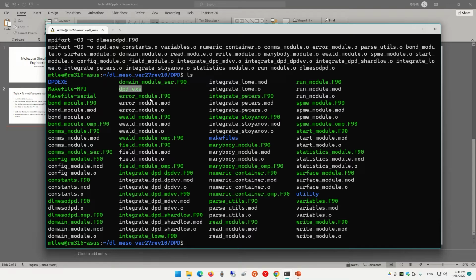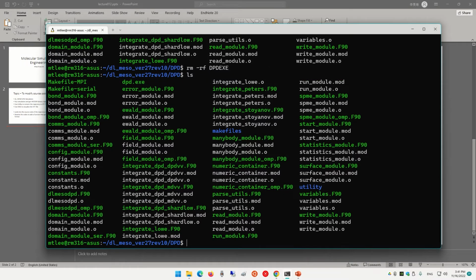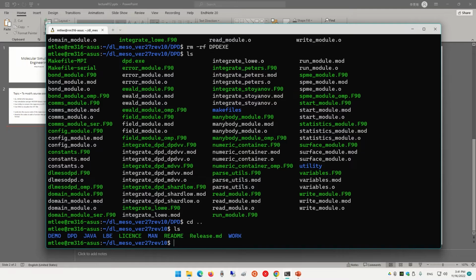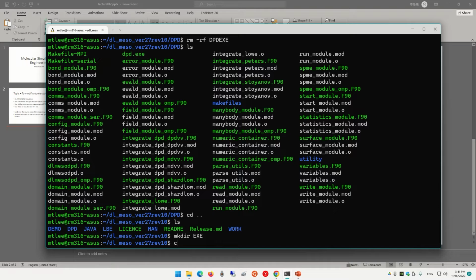And then let me do this. I'm going to save all the executables in one place, just to make things easier. So in the previous folder, I just create a folder called exe. I'm going to copy the executable I just generated to this folder.